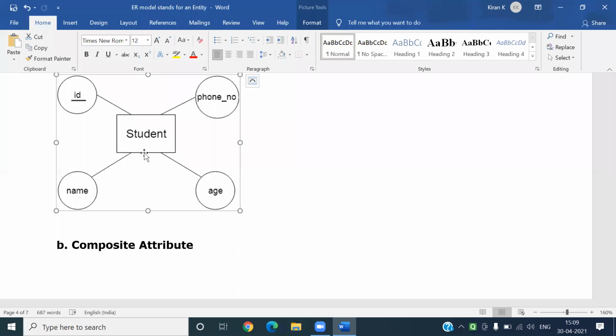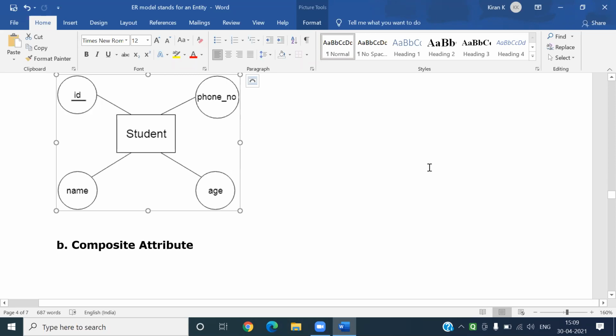Madhu Babu, another student also may have the name Madhu Babu, but a student's hall ticket number is unique. That is why it is called primary key or key attribute. This is represented with an ellipse with an underline.